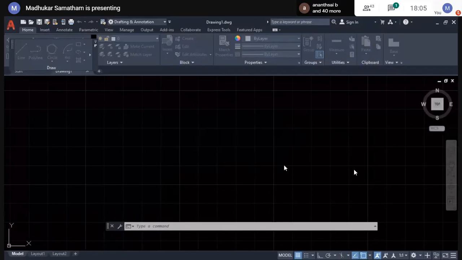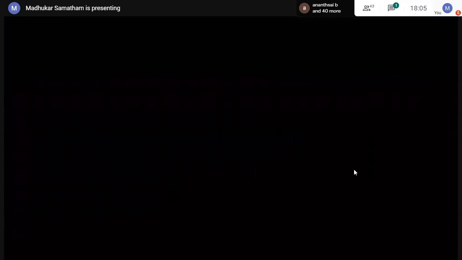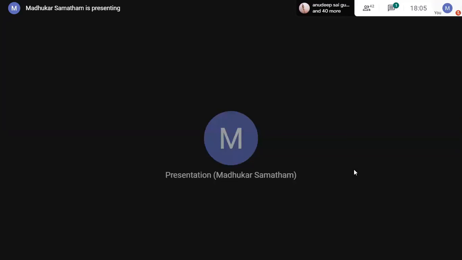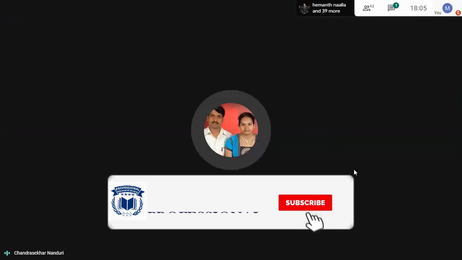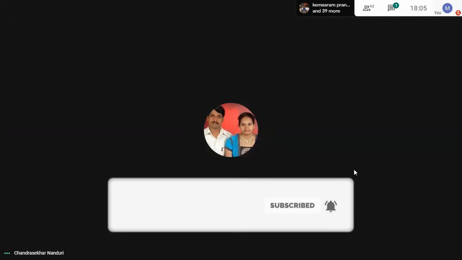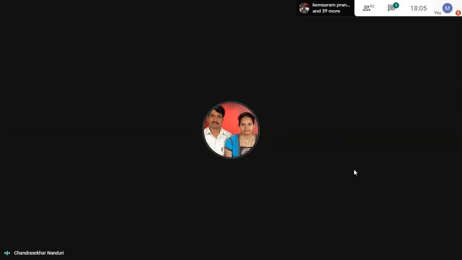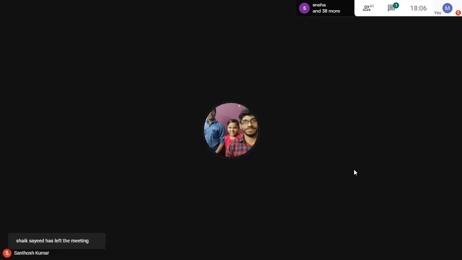In limits, you can set A4 dimensions, A0, A2, A1, A3, A4, all other settings. You can specify by using the limits option. Just type limits, specify the lower left corner as we specified in the rectangle. Upper right corner. For A4, it's 12,9. Directly you can specify. 0 is our lower left corner. Upper right corner is 12,9.